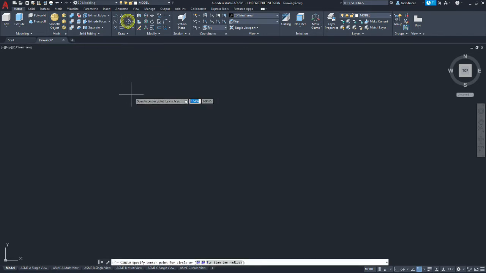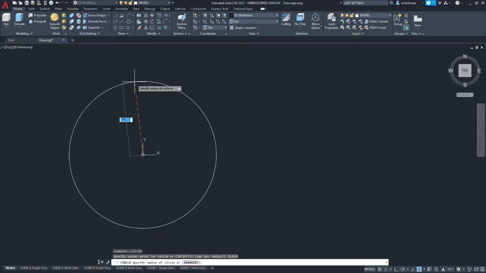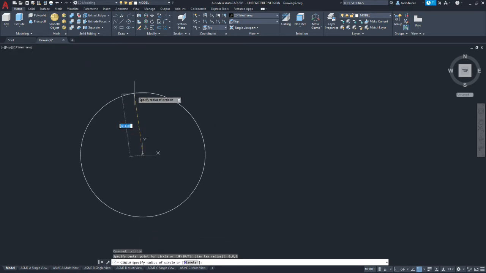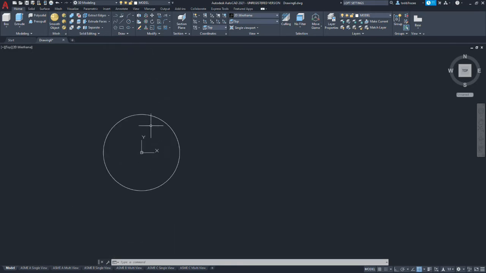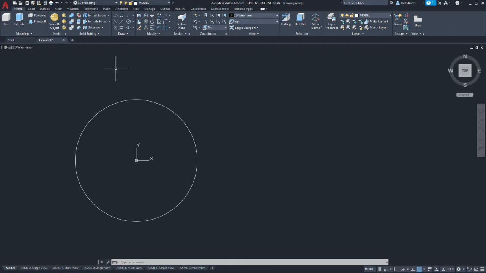I'm going to start off with a circle, and I'm going to guesstimate that that's an 8-inch duct, so I'm going to put a 4-inch radius on it. Now the base is a square. You can use the rectangle command if you like.